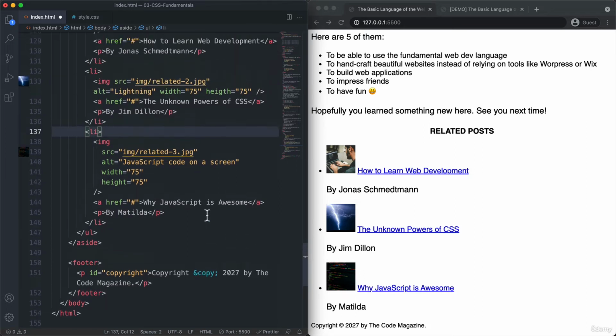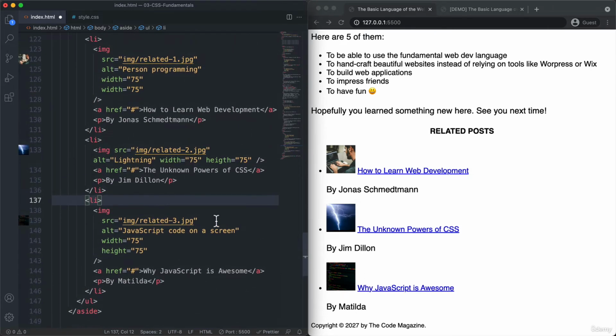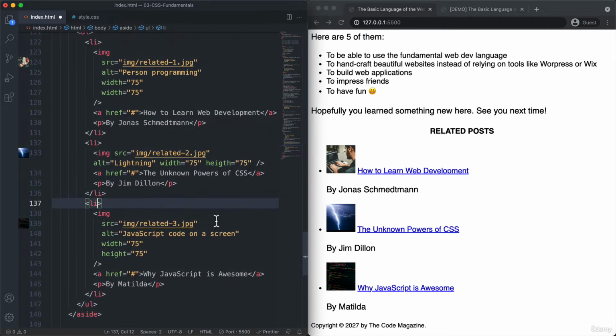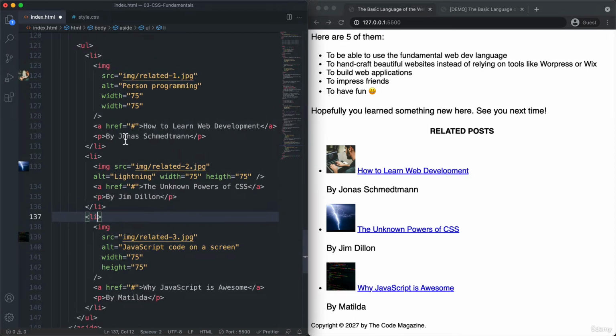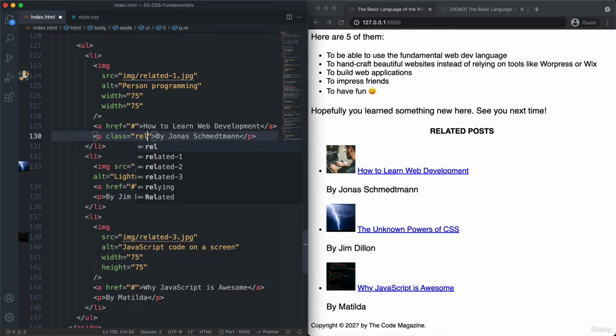Okay, so let me show you an example of using classes. And so what I want to do now is to style these authors here of these 3 related posts in a different way. So basically that's this P element here, and this one, and this one. And so again, I can now not use the ID of, say, related author. So instead, I need to use the class attribute, and let's call it